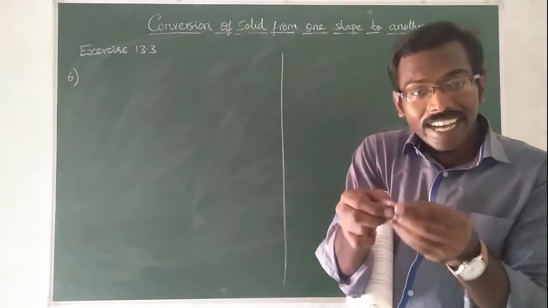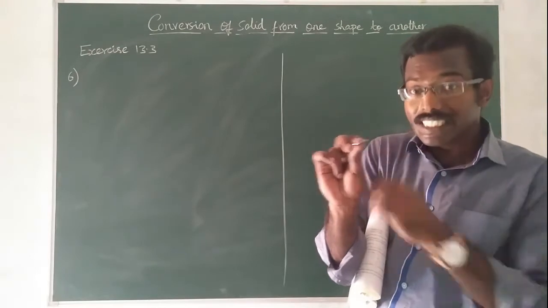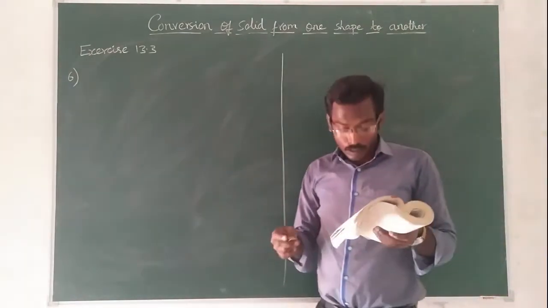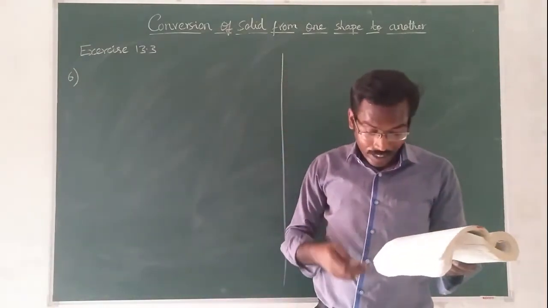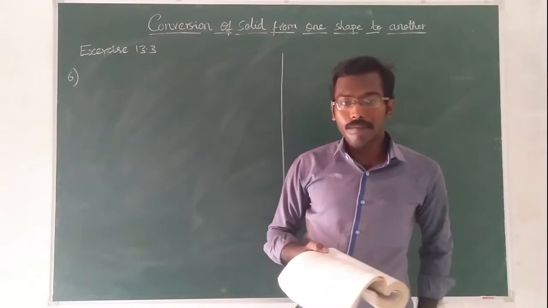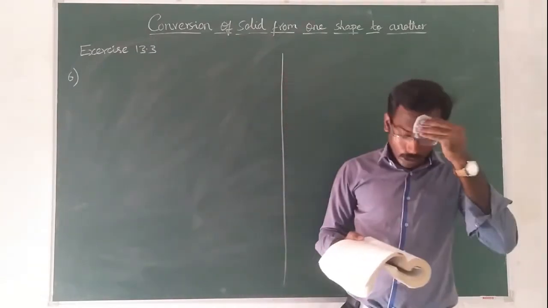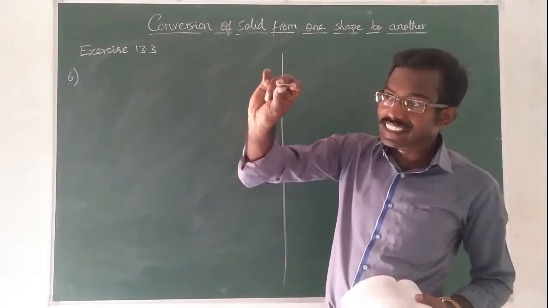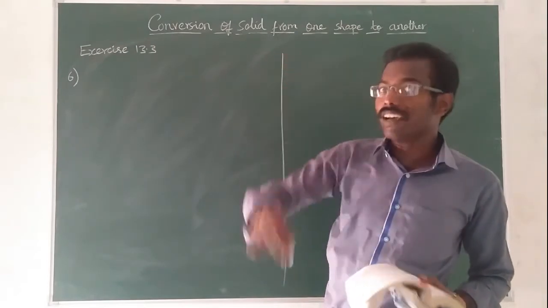It is given the diameter is 1.75 centimeter and the thickness is 2 millimeter. You have to understand one thing. One parameter, diameter, is given in centimeter, but thickness is given in millimeter. So you have to convert the millimeter into centimeter. Understood? And in a cylinder, thickness is nothing but the height. The thickness of the coin is nothing but the height of the cylinder.